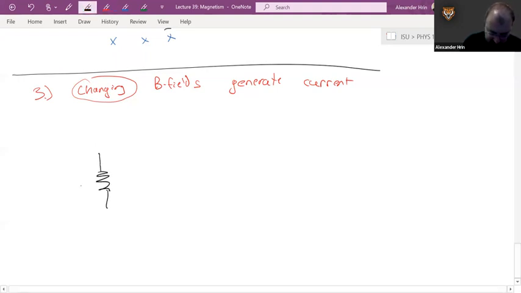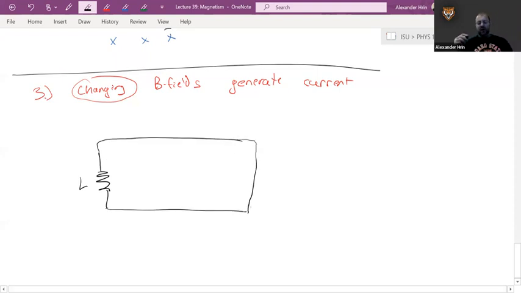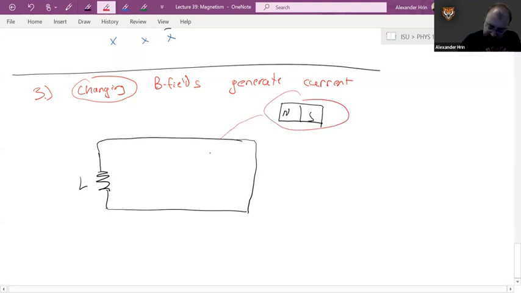So if you had a load and you had a loop with no voltage source, what you could do to get current to start flowing through this is take a bar magnet, so this would be north and south, and put it through the loop. Now, it has to be moving. As soon as you bring it to stationary, it stops working. But if you move it through the loop,